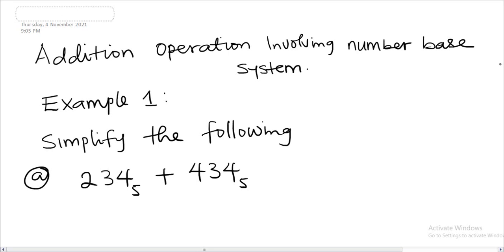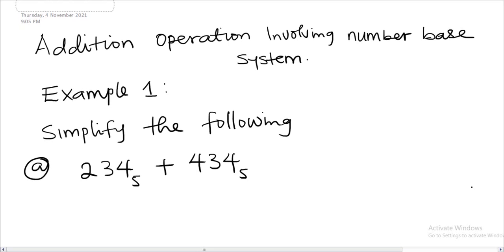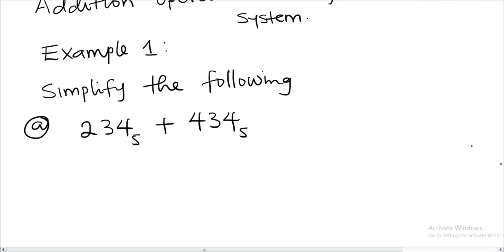Now, example 1 says we should simplify the following. How do you add in number-based systems other than base 10? Example 1 says we should simplify the following: 234 base 5 added to 434 base 5. Before we go into the addition of numbers in base 5,